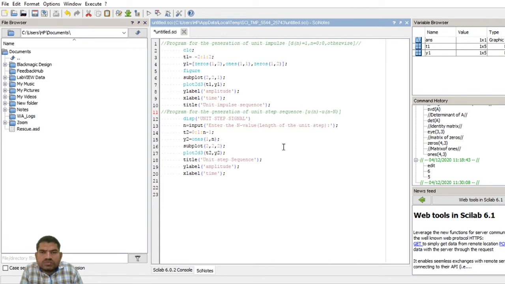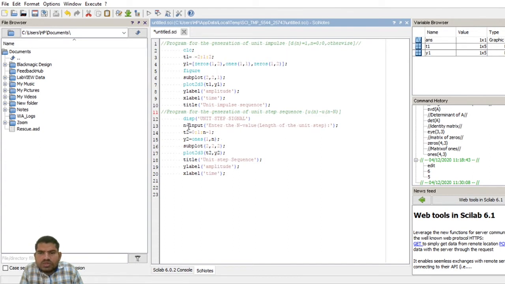What is the unit step sequence? The unit step sequence statement is u of n is equal to 1 where n is greater than or equal to 0, and 0 otherwise, where n is less than 0. Okay? That is the statement.